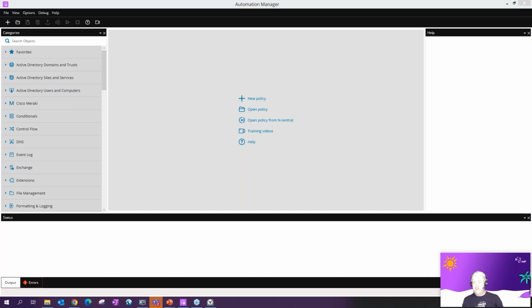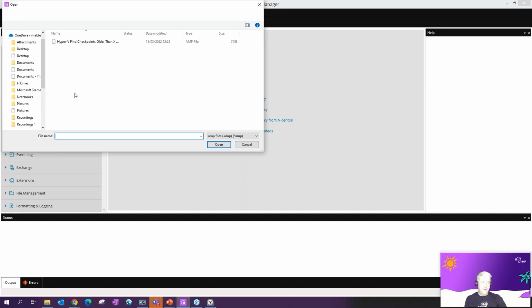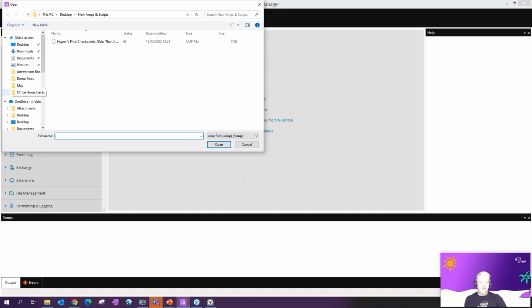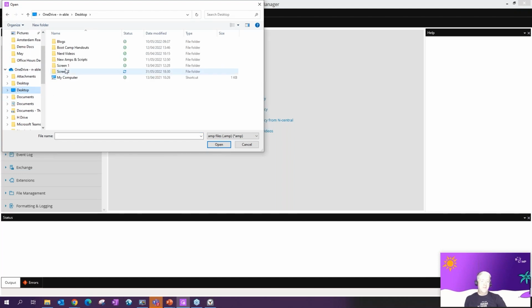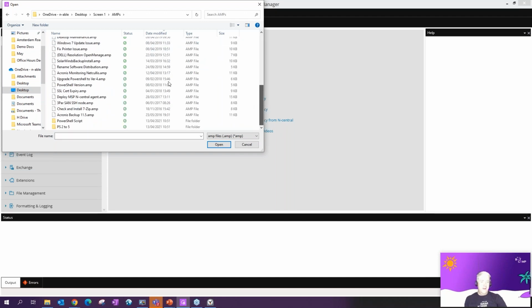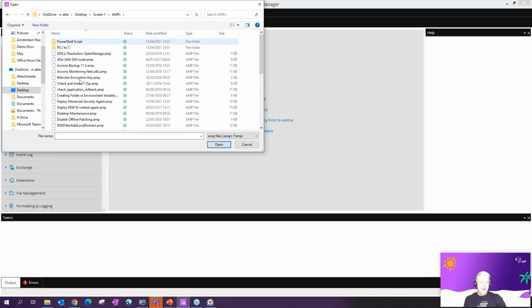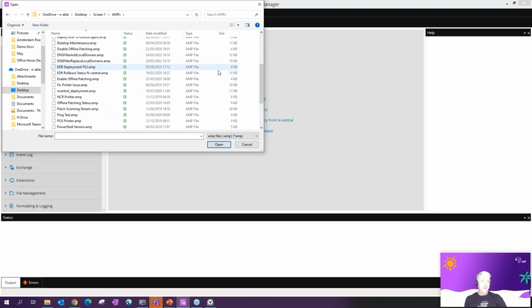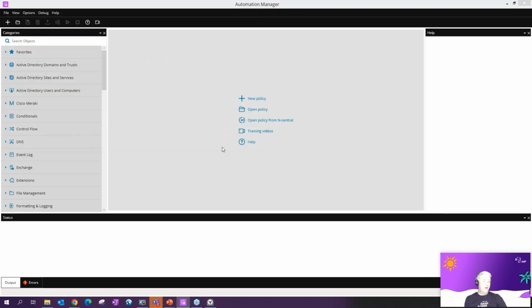Just to give you some simple examples, Richard, I'm going to go back to basic policies, and we'll go with one of the most basic ones. I'm going to pick something that came up countless times when I worked on the help desk: people not being able to print to the network printer. Everyone's going to roll their eyes at this, but this is a prime example of automating steps you take manually.